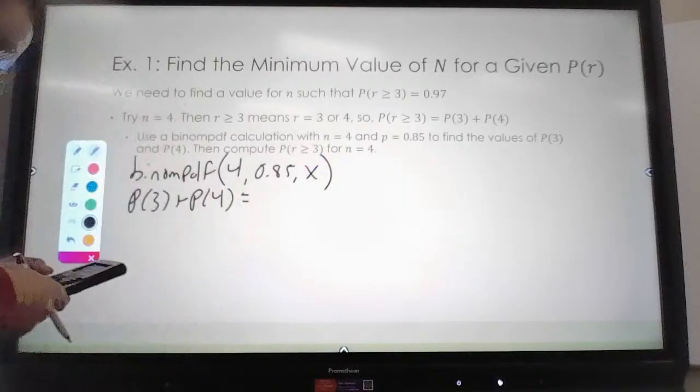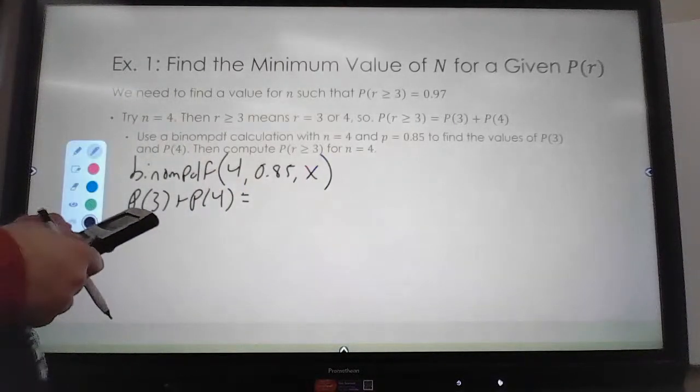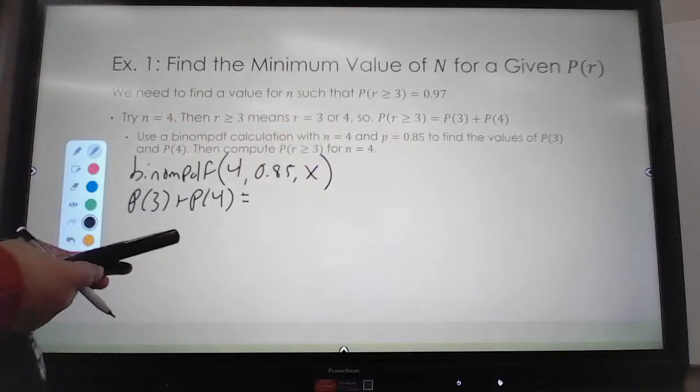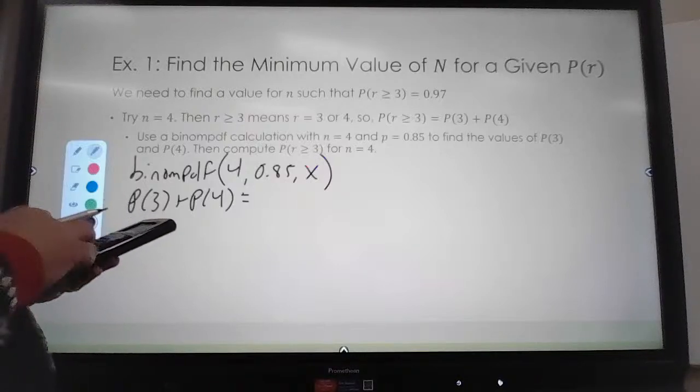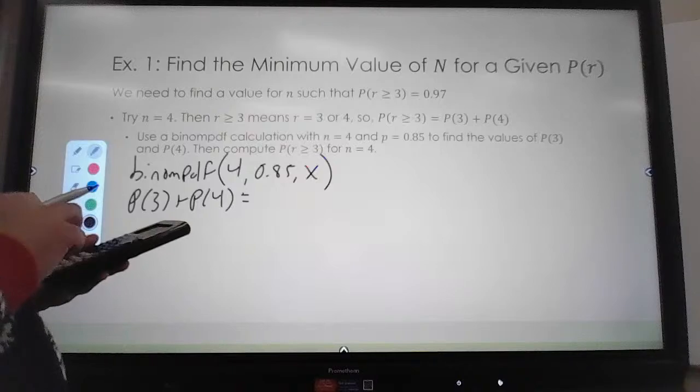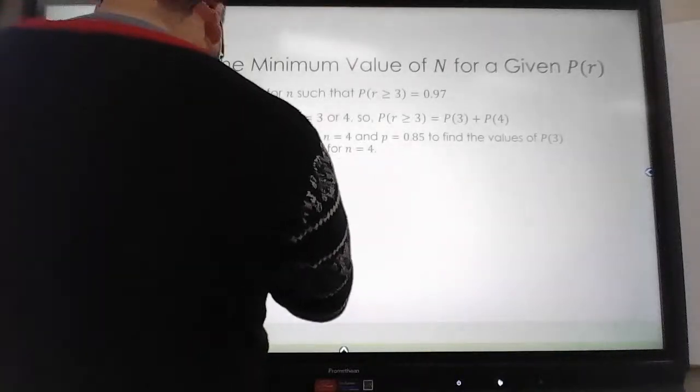So I'm going to go to my calculator. I'm going to do second variables. Scroll down to binomial PDF. My trials are 4, my value of p is 0.85, and my x value, we'll say, is 3. I get a value of